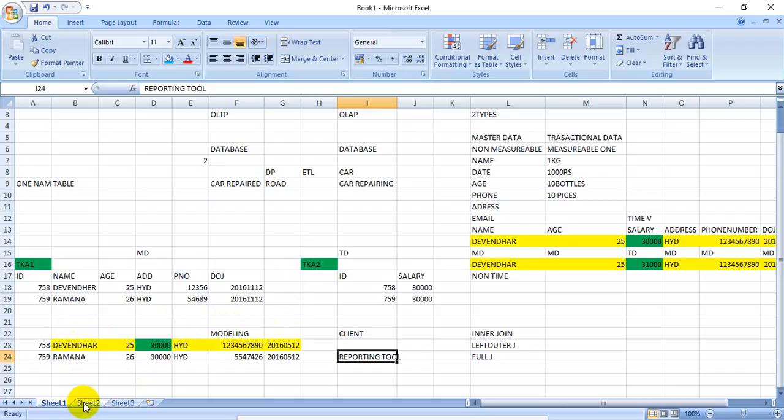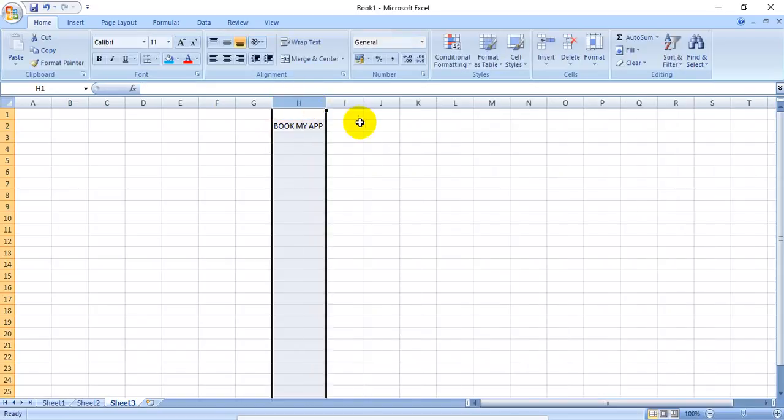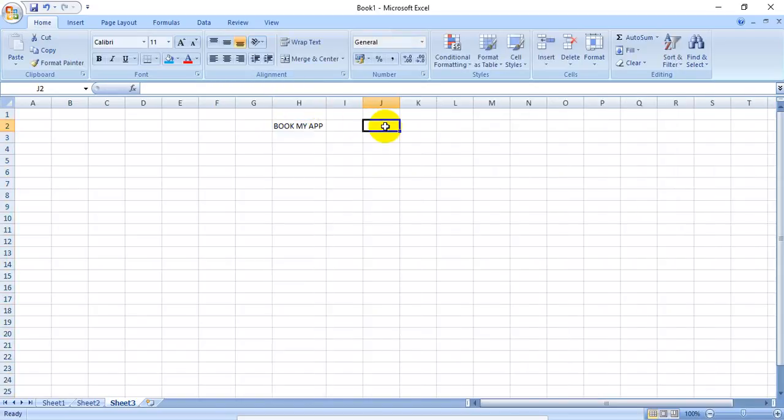Okay, I will explain more clearly. There is a Book My Show app. In this app, what will you see? There will be an ID, a name, a phone number,